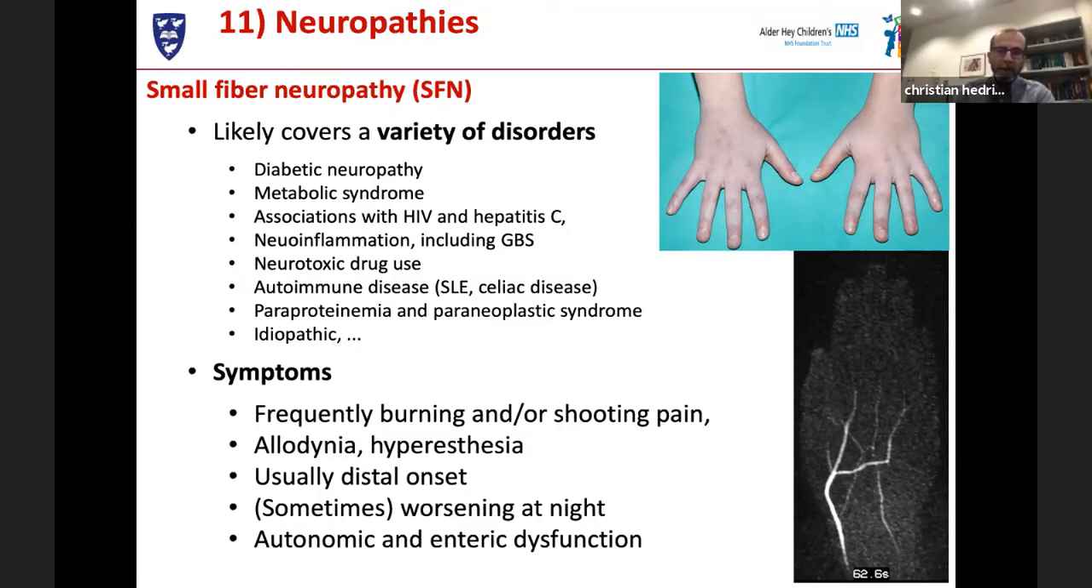There is some degree of allodynia and hyperesthesia, and it usually shows distal onset and moves proximally. So that's also a reason why you should do skin biopsies, which I'll get to in a minute, in a distal region and not in the groin area, for example, because then you actually may miss it, especially in early cases. In some patients, you will find autonomic or enteric dysfunction, and those images are from a patient who was